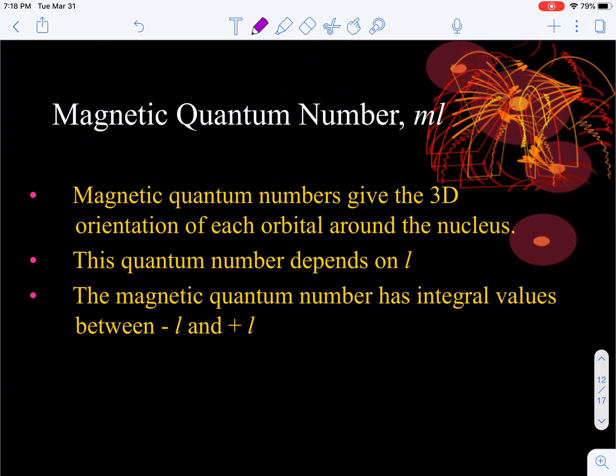The next quantum number is m sub l. Let me rewrite this. This should be m sub italicized l. That is called the magnetic quantum number. This gives the 3D orientation of each orbital. So for instance, let's talk about the p orbitals. There are 3 p orbitals, and we'll assign numbers to these, but just for right now, trust that there are 3 p orbitals. If you imagine a coordinate axis that has an x and a y and also a z,